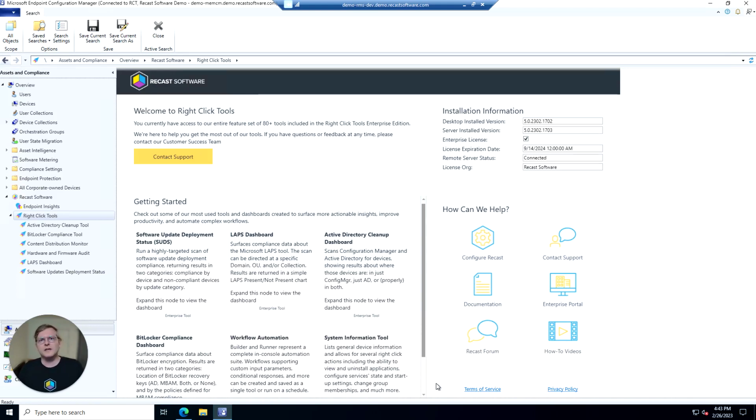So first off, let's take a look at our actionable dashboards. So we are in our Config Manager console. I've expanded our Recast Software node and our Right-Click Tools node within, and this will give us a list of the actionable dashboards that we have. So we have dashboards related to BitLocker, LAPS, but let's go ahead and take a look at the software update